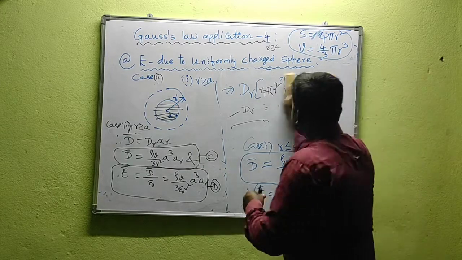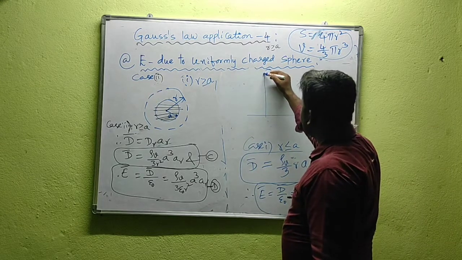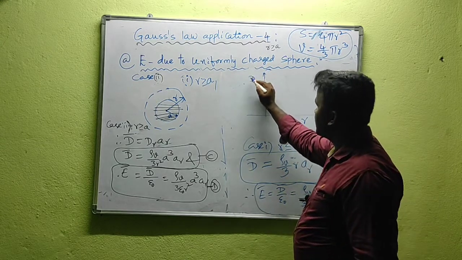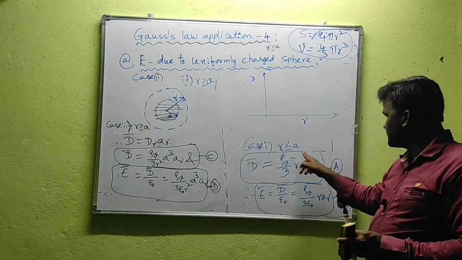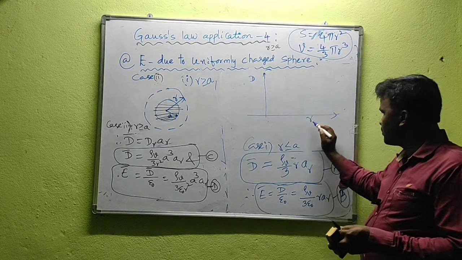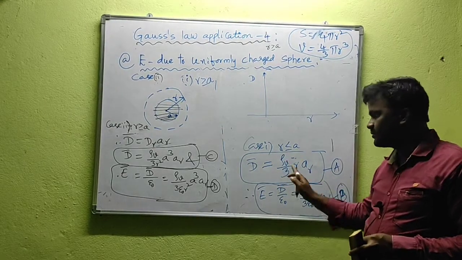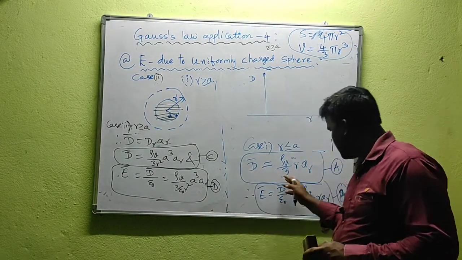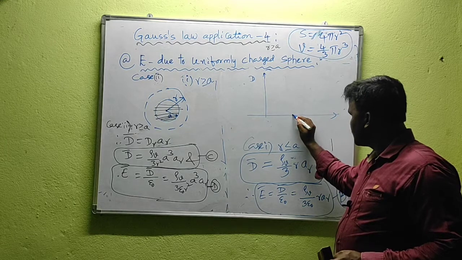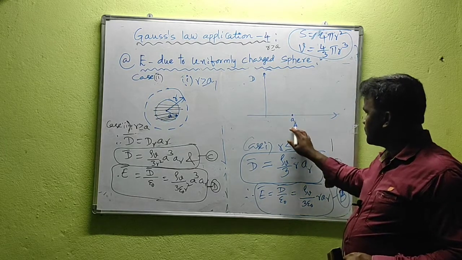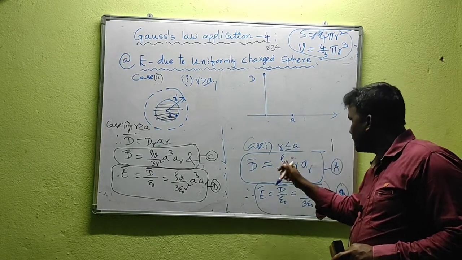Now we can draw graphically how D changes as R changes. Let us take R on the x axis and D on the y axis. Initially, what about the D value? R is less than or equal to A. Suppose R equals 0; then D becomes 0. Let us mark some reference point A here, with R less than A. If R equals 0, we use this expression only, since 0 is less than A, so D is 0.